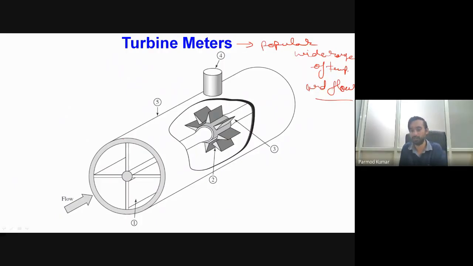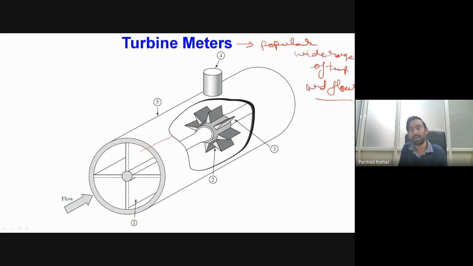You can see over here the construction of this turbine flow meter. It includes a pipe cross section, which is a pipe or tube connected to your main pipeline where you want to do the measurement. Then we have a turbine-like structure, and on this turbine-like structure we have a small permanent magnet mounted on it. Then we have a flow straightener at the inlet of the turbine flow meter in order to guide the flow in a particular direction.